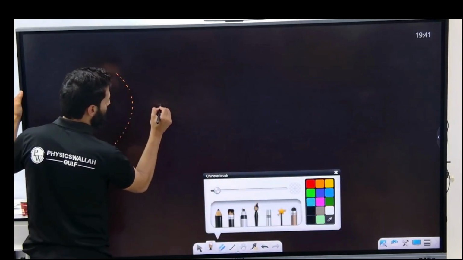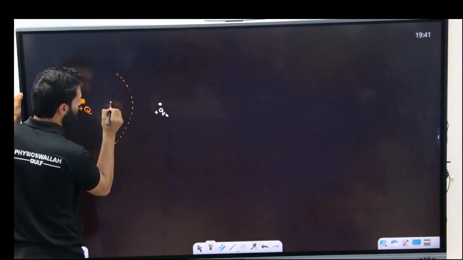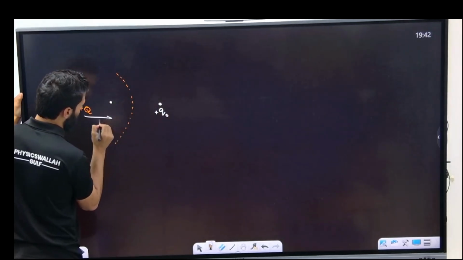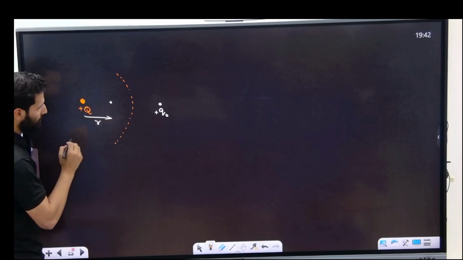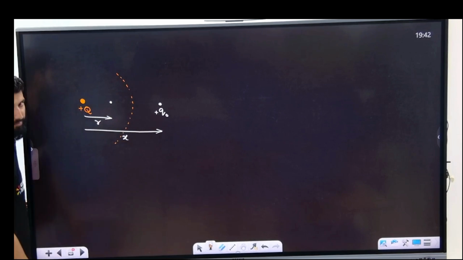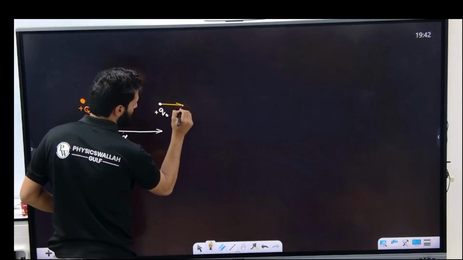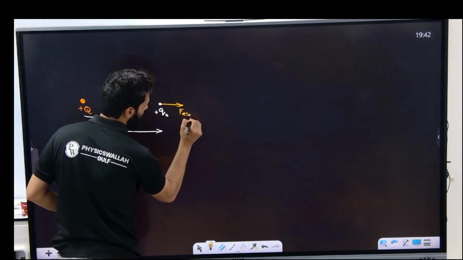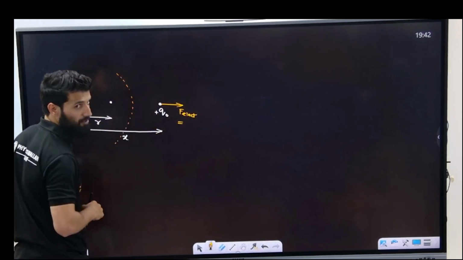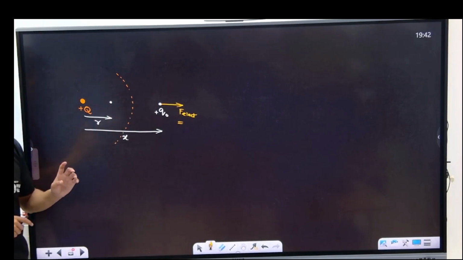The same thing I will do. I will take a positive test charge, and I need to bring it to some distance, let's suppose, x from this charge. What will be the force acting on this? The external force, the electrostatic force. How much will this electrostatic force be due to a point charge? Q into E or KQ1 Q2 by R square.